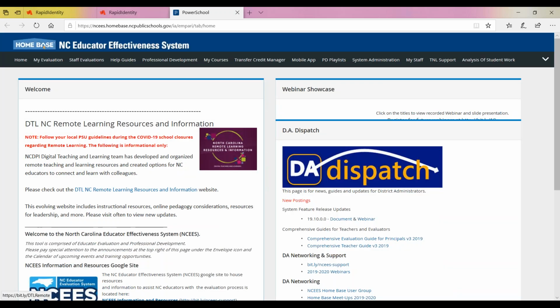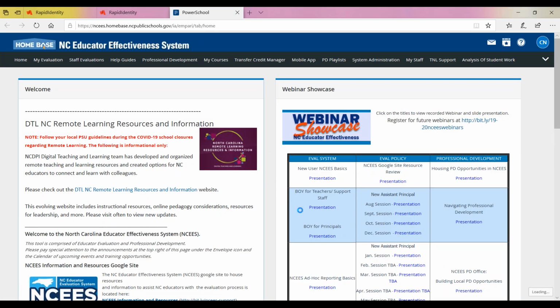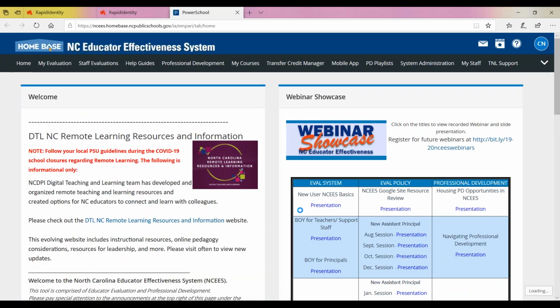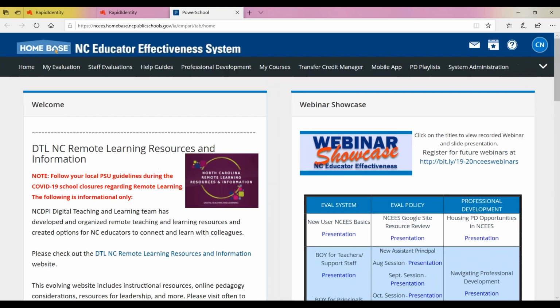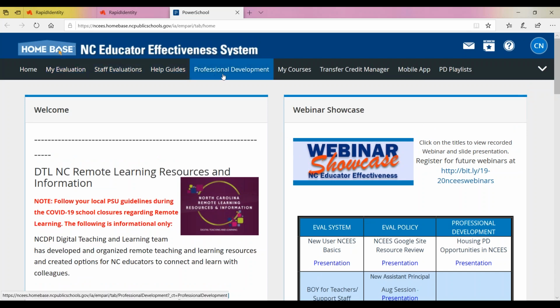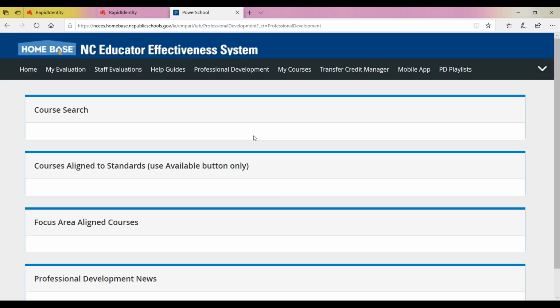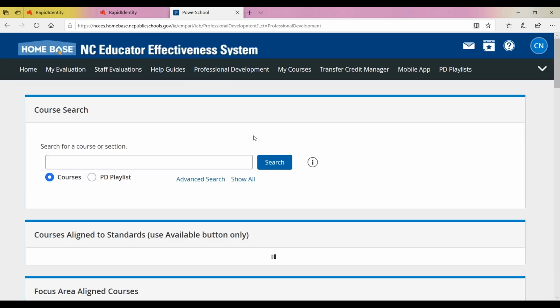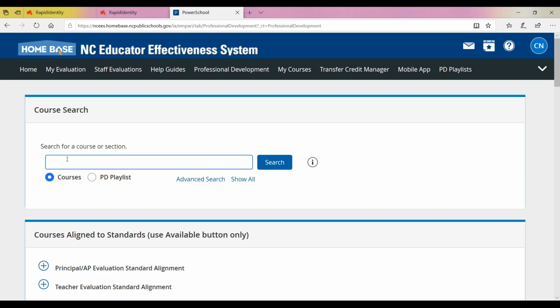And again, this is really important to educate all certified staff in this area, because notice at the top, you have your evaluations, and you have your professional development, and Cammie's going to talk a little bit about the playlist. So this area is just super important. Today we're going to tap on the professional development tab, because we're going to register for the course within that tab. And it's simple. In course search, I'm going to type in the number